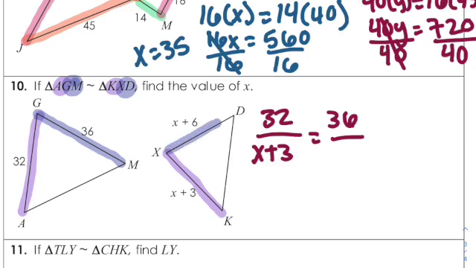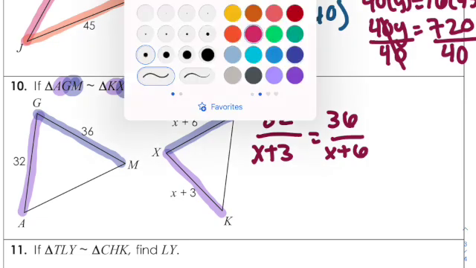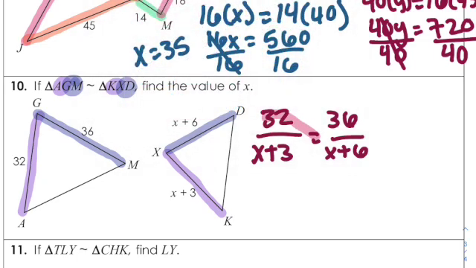XD is x plus 6, so we write 36 over x plus 6. Then do the same thing we've been doing, either the cross product property or the butterfly method. So we do 32 times x plus 6, 32 parentheses x plus 6